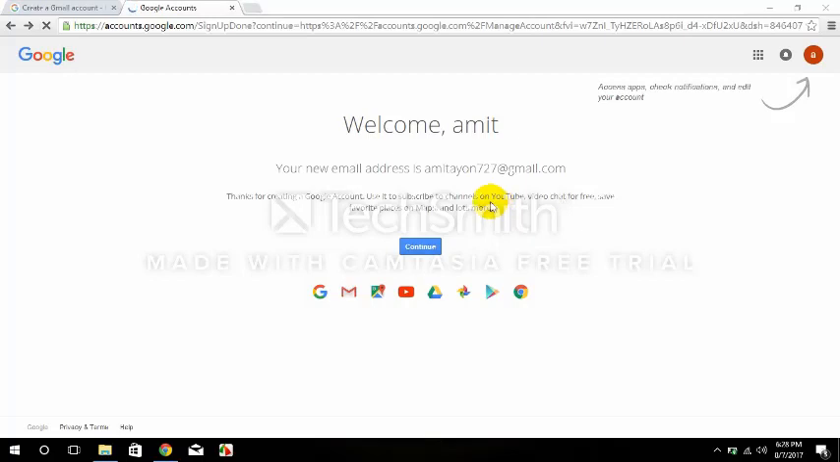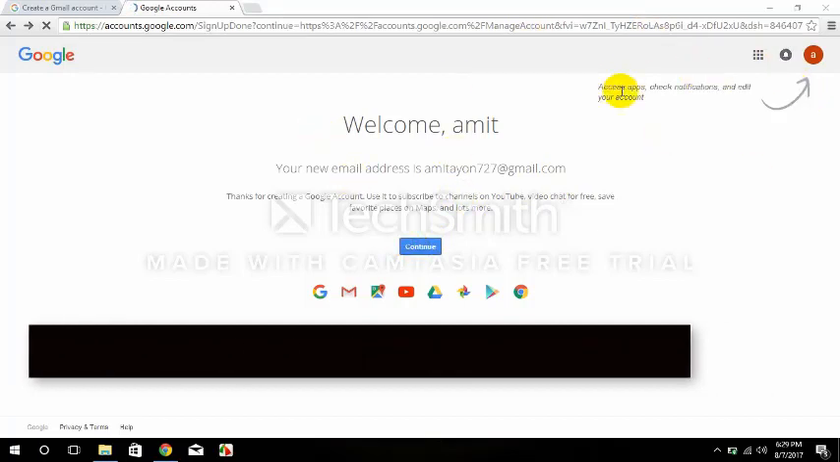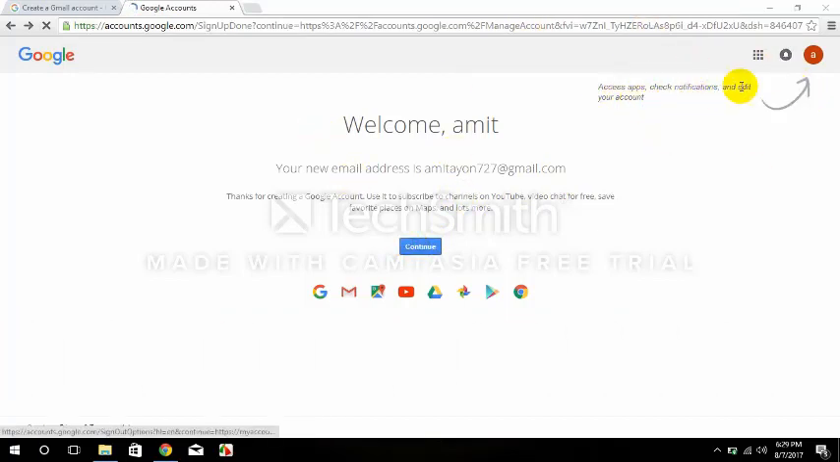See friends, after filling up all the criteria, Google will send you one message like this in a new interface. Welcome Amit, your email address is amit727@gmail.com. That means your email has already been made. So you can note your email ID and note your password. Maybe in future, if you forget, you can easily find out. After finishing everything, here it shows access apps, check information and edit your account. That means you